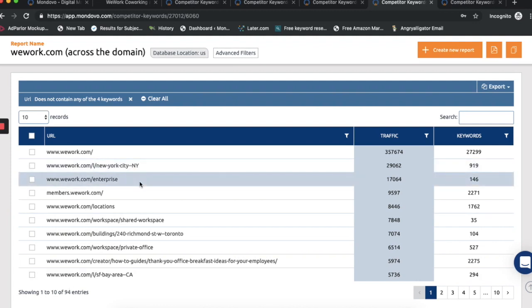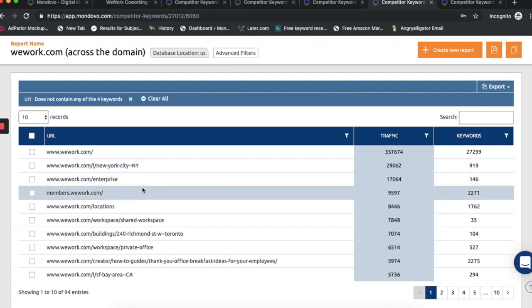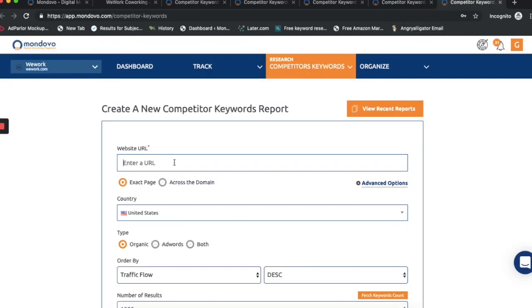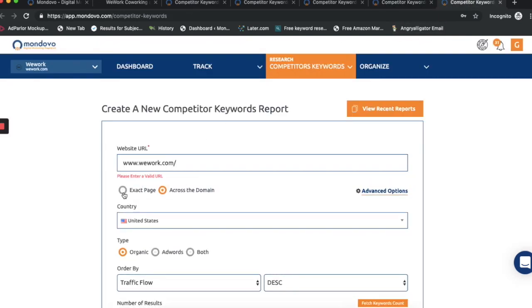94. And if you keep going ahead and doing this, you will ultimately end up with a list of about 20 of their top pages that you can then take the URL for and run for an exact page. Now what this gives you is exactly the terms that are ranking for a specific page, which will help you optimize your site